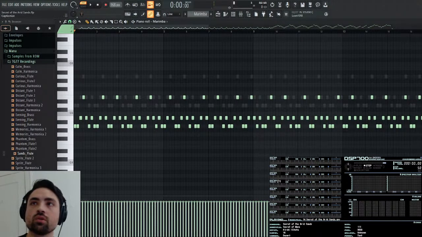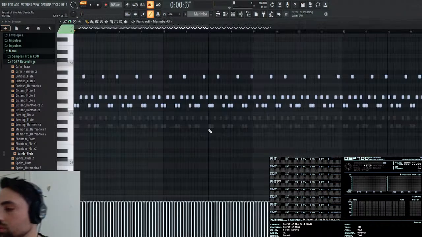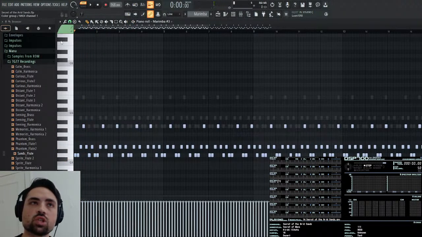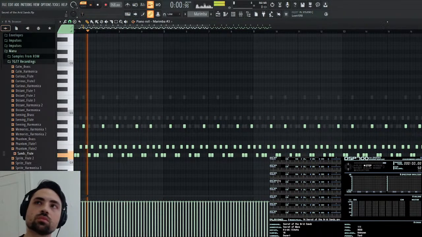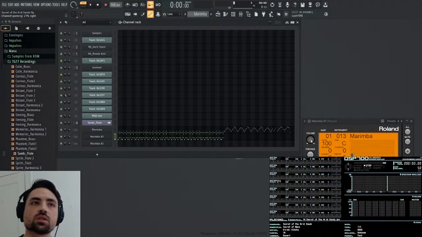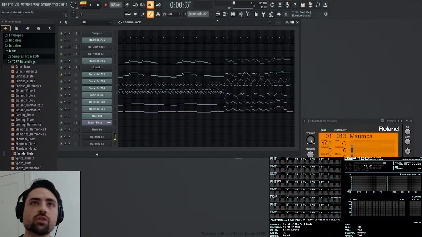So control down. And I have to make sure that this one goes to channel 1, so let me Alt-C to change to channel 1. And now the panning for this is going to be this one right here. So I copy this value, paste, copy this value, and paste it here. Now I just need that third layer.